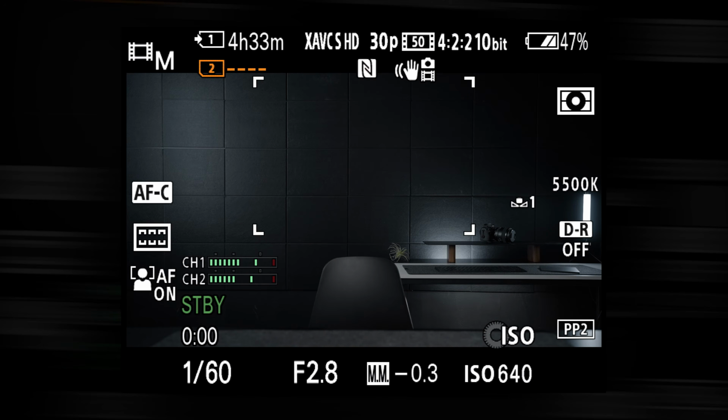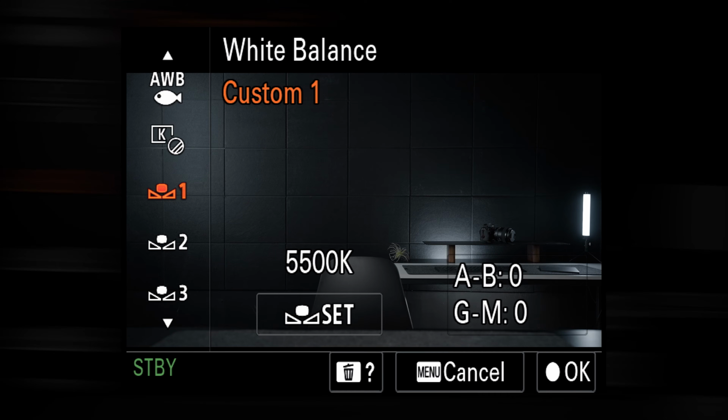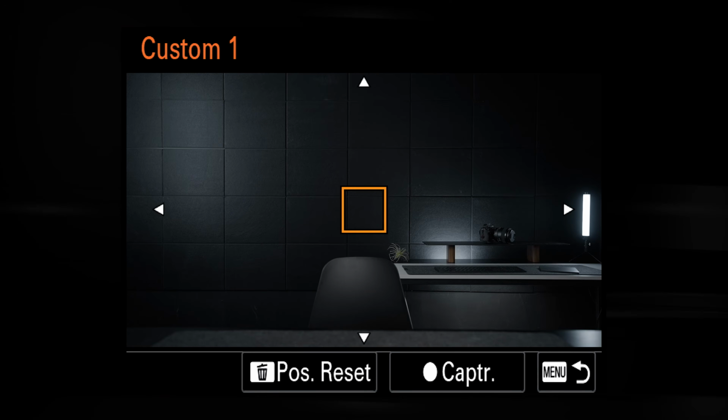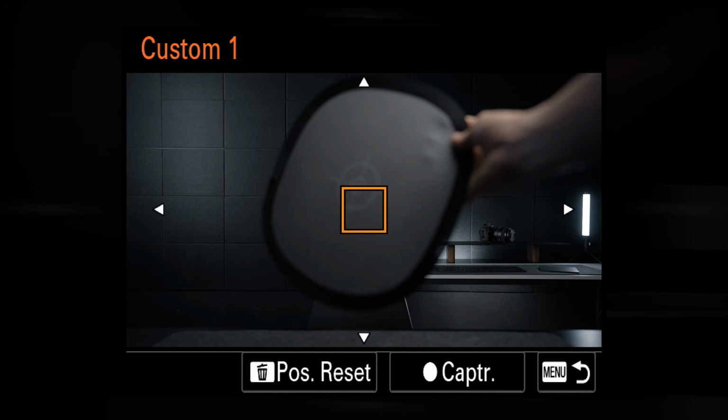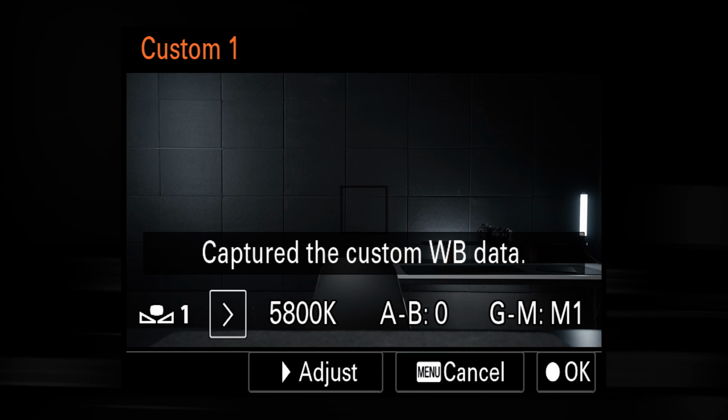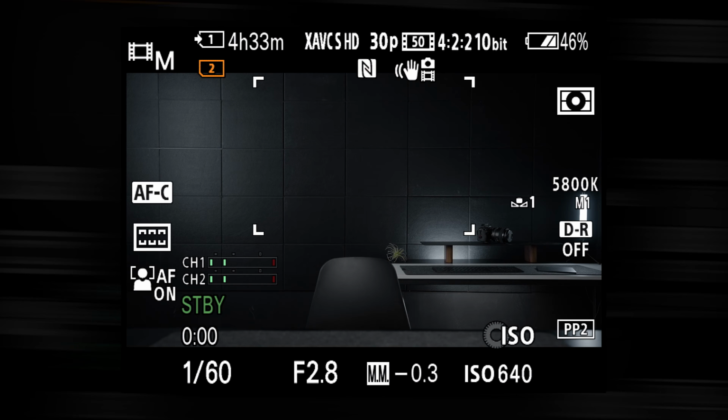All right, so I ventured over to regular movie mode just to show you how to do this in case you want to. Again, I almost never use this, but in my white balance menu, I can go into either of these 1, 2, or 3, go in here, click on set. I'm gonna leave that little square right in the middle, bring my gray card in, and then just give it a little tap. And it set the white balance. Looks like it's going 5800 at M1. So if I was doing this, I'd have it at 56. So overall, pretty close. But again, I don't use that very often because I like using the custom memory recalls